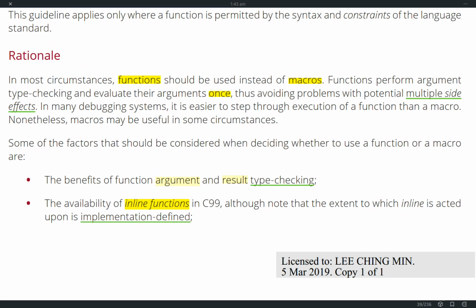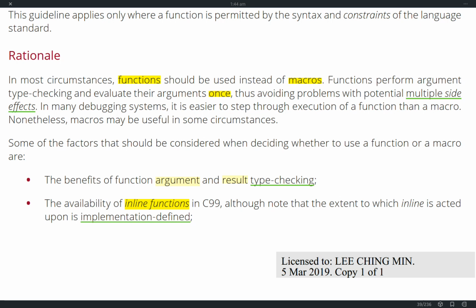The first factor is if the parameters of the function are constant, then they can be inline. If some of them can only be resolved at runtime, then even though you put inline, the intention of being inline will not be granted.